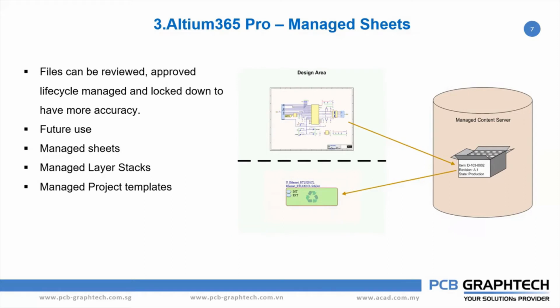They don't want to change any of this in their title block, so they will put the schematic sheet in Altium 365, save it there, and whenever they want for any project, they can take the file from there. If any designer makes changes, it will not be updated in the original on the server. It will be saved as revision 2, revision 3, like that, but the original copy will be there. That is the main advantage. The original file will be locked in your server, so it can be used in any future multiple documents, not only for the schematic sheet.